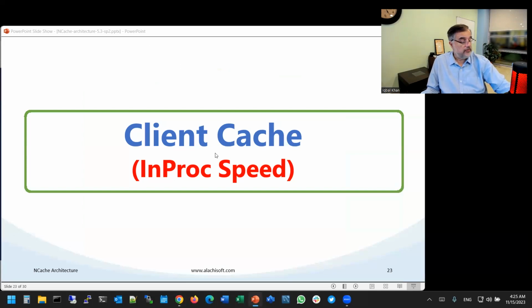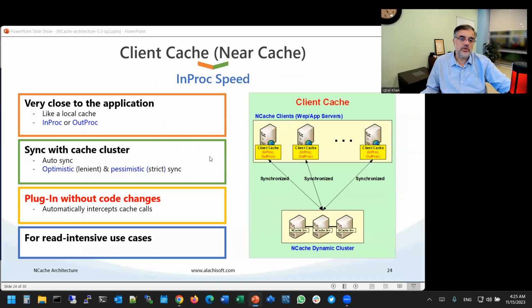Okay, another very important feature of NCache is called client cache. It gives you an in-proc speed in a distributed store environment. So for example, you have a distributed NCache cluster, your application is running here. A client cache is usually used when you have a distributed cache scenario. And a client cache is a cache on top of this cache cluster, and it sits very close to your application. It sits on the application server or the NCache client box, and it can even be in-proc or out-proc,